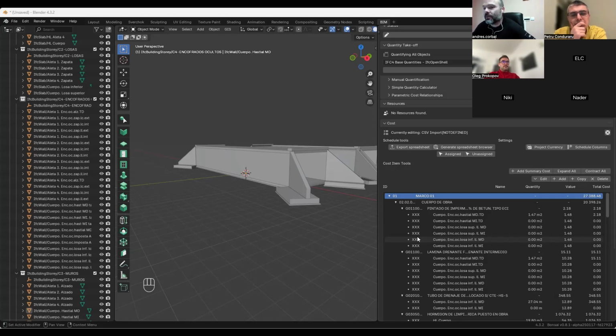They use BC3, and Cype too. Cype is another Spanish software company, and they use this format for exchanging budgets. BC3 is a database format, made especially for quantity surveying, for budgeting.